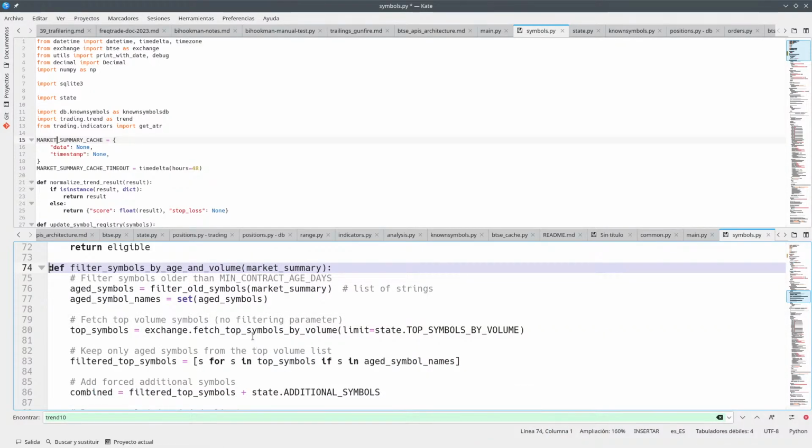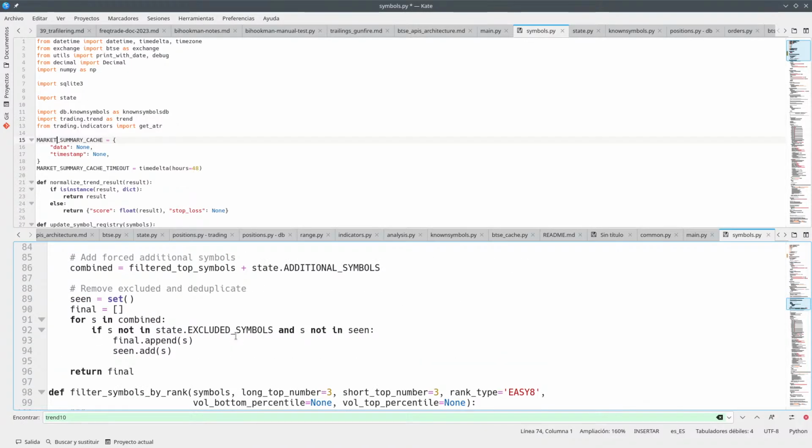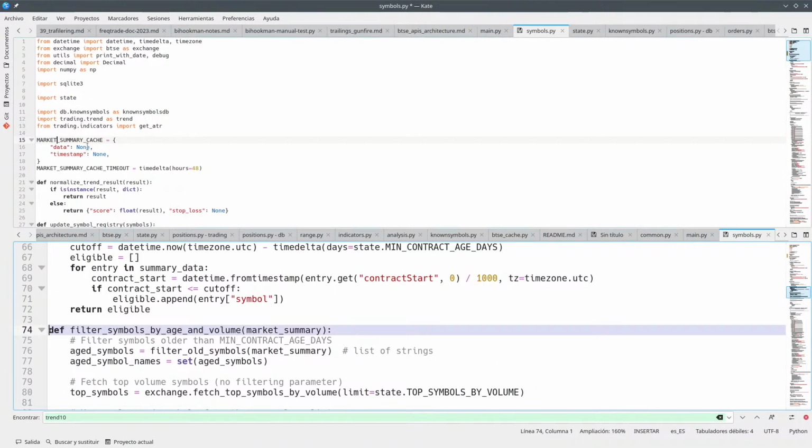And so filter symbols by age and volume. Okay, so this is my age volume filtered symbols cache. So we have that and the timestamp,